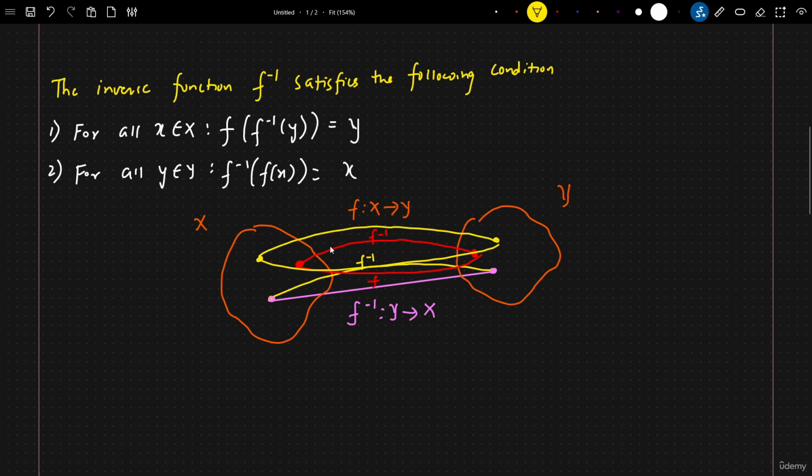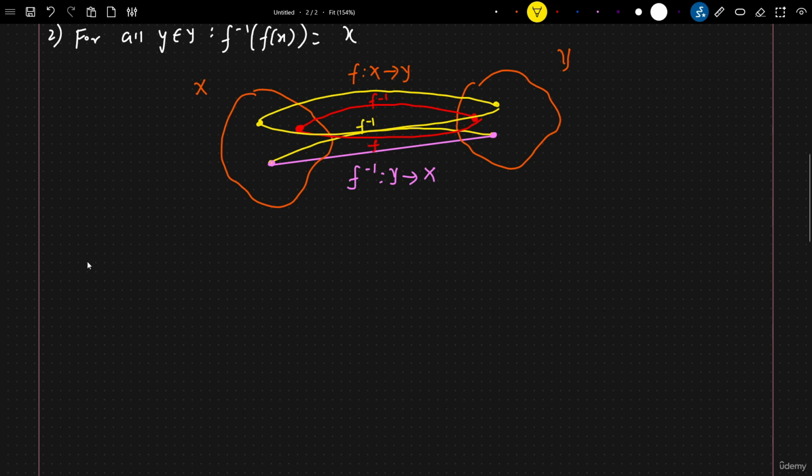With the help of inverse, whatever transformation we have done from X to Y, we can again come back from Y to X with the help of the inverse function. So here we can also give a very good statement. This condition implies that